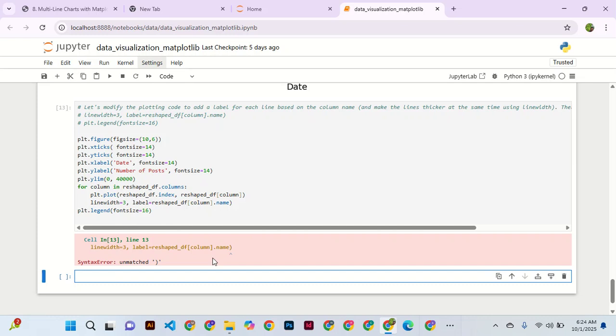Shape column dot name. All right, so let me figure it out. All right, so